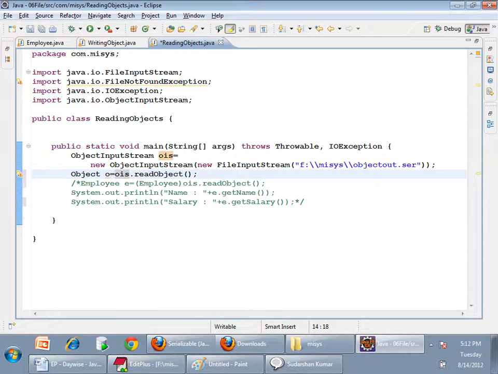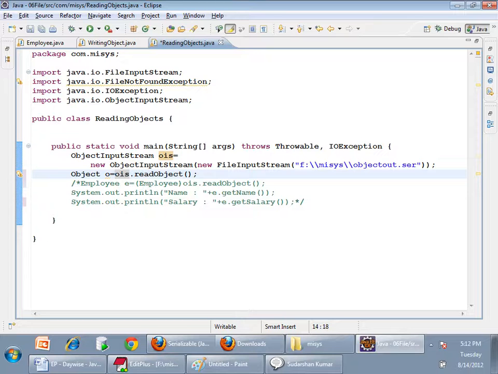Right. Just notice something here that I want to tell. In my system, I have serialized an Employee object and transferred the file to some other person, right? On that machine, if you are trying to run this code, on that machine also the Employee class should be present,